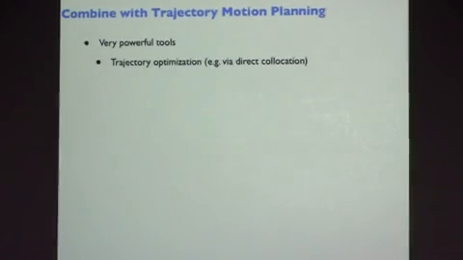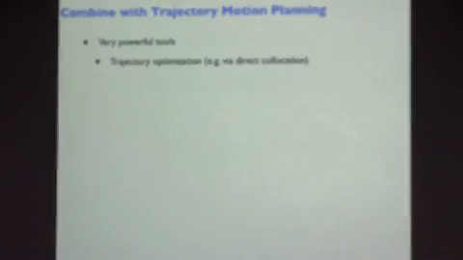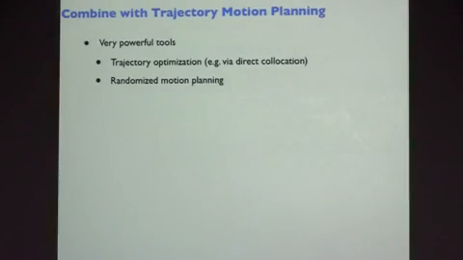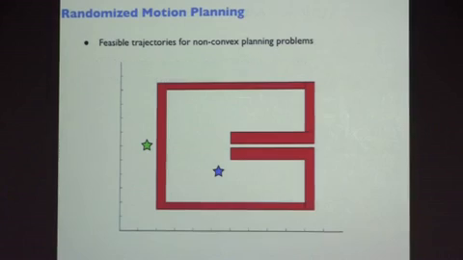There are very powerful tools for robotics. Many of you use these. So from trajectory optimization, that's not even from robotics, that's from aerospace engineering from a long time ago. And my favorite is direct collocation. We also use randomized motion planning, which maybe grew up in robotics. I guess a lot of you know trajectory optimization. Just in case anybody doesn't think about randomized motion planning, let me just motivate it quickly with this cartoon.